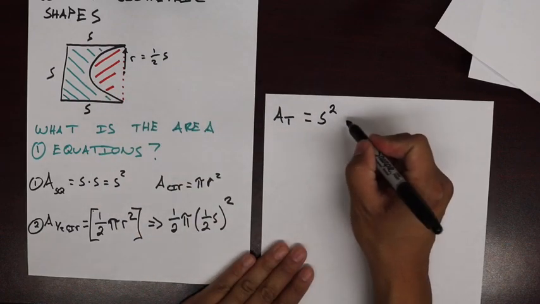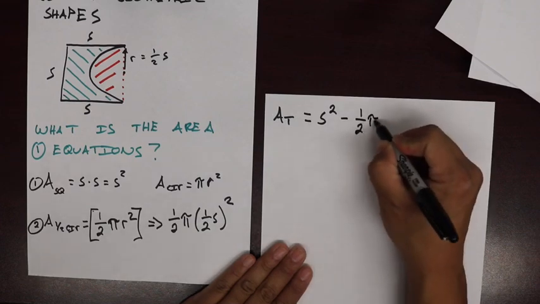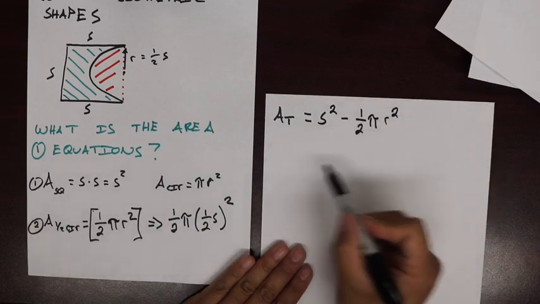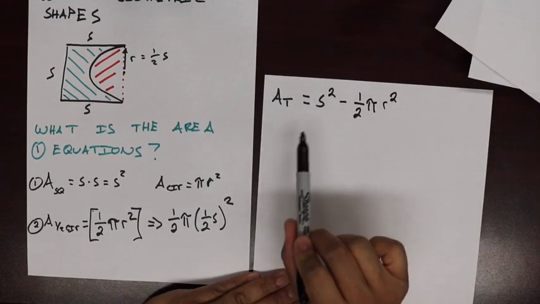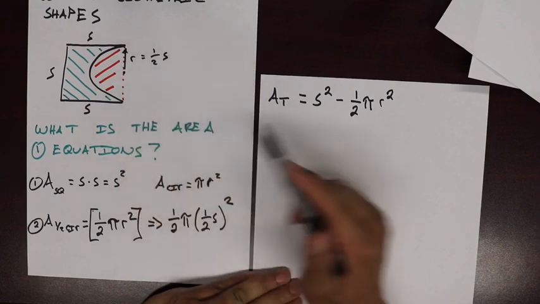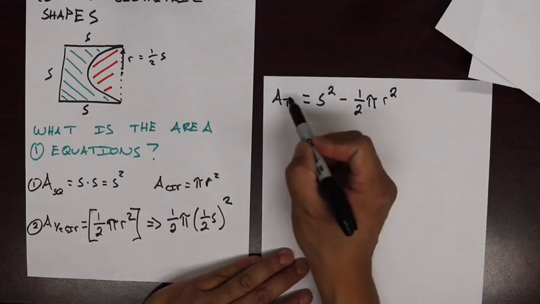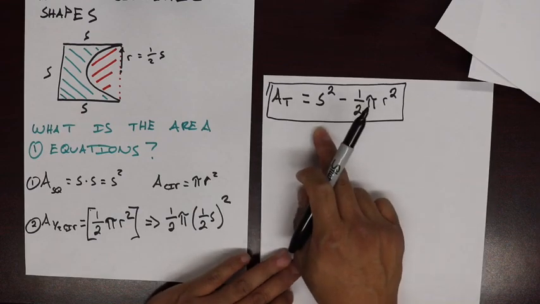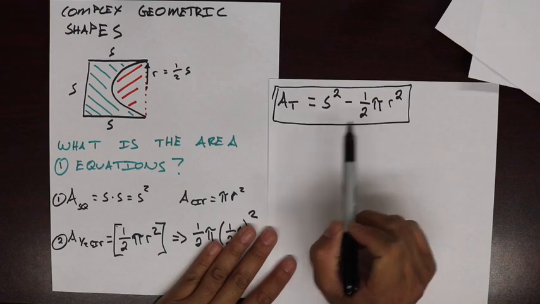circle, right? So we're going to subtract 1/2 pi r squared. Again, if the problem in the quiz or the exam tells you to simplify it towards all terms of s, you would need to essentially replace r with the 1/2 s, and then you move on from there. But in this particular case, this ends up being our final solution. Now this equation right here, you could put in any number for this and fill it out, and it will give you that